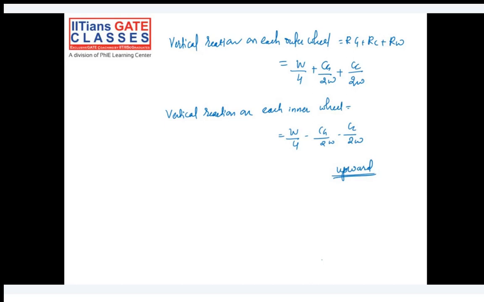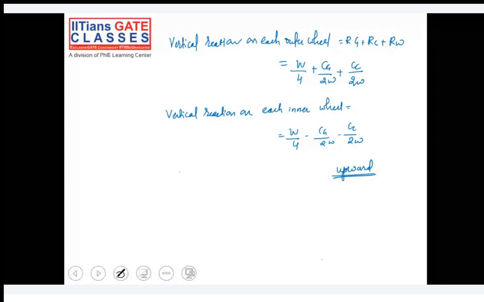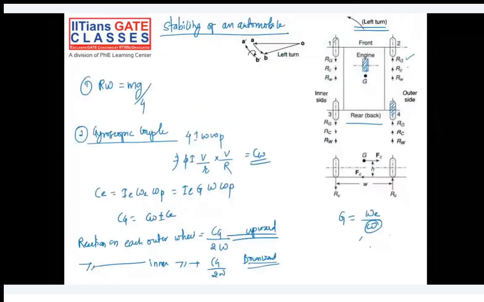Now we can clearly see, I'll just go to this main diagram, that RG, RC and RW are all in the upward direction. So on the outer wheel we don't have any risk. It is observed that the reaction of the ground on the outer wheels will never be in the downward direction. But if you consider the leftward wheels, wheel number 1 and wheel number 3, there can be a chance, it is possible that the reaction of the ground may or may not be